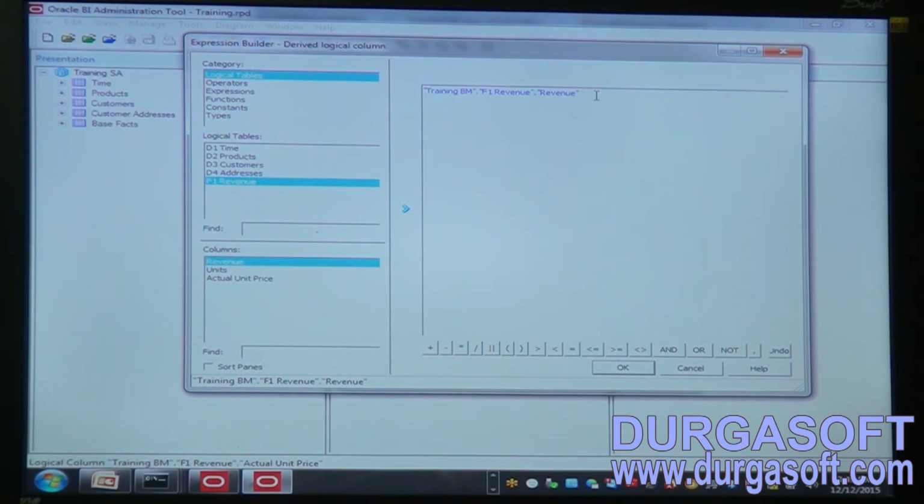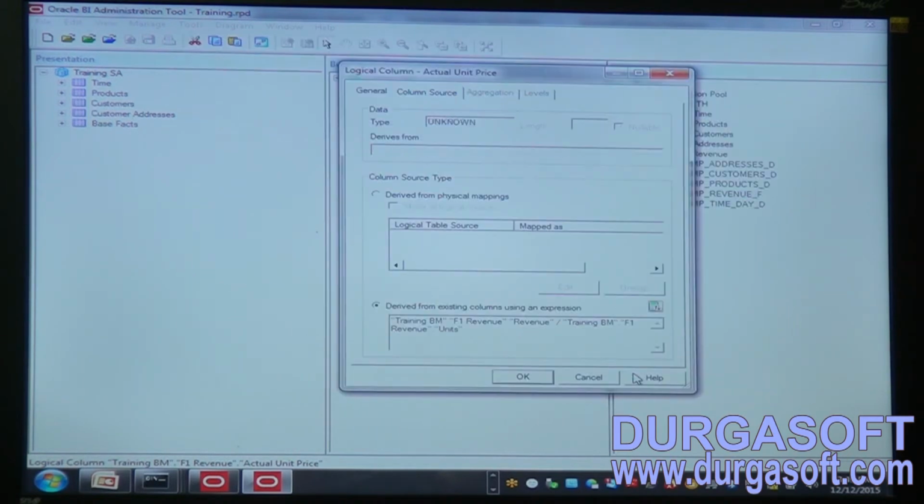Okay, this revenue table, what I need to do, I need to apply the division symbol. I can apply it directly, or down below you can see division. So division is applied. And next, revenue divided by units. Again, the unit column will be available here. I am clicking the single arrow. See, units also created. Now once we click OK,